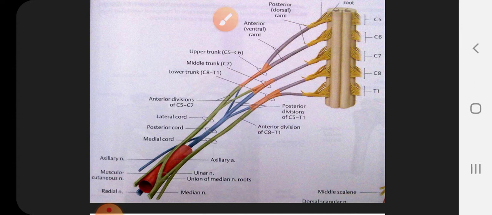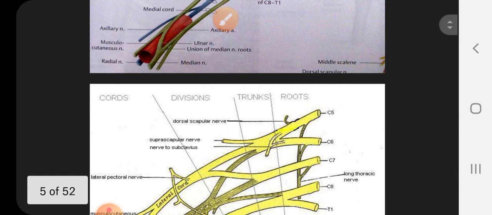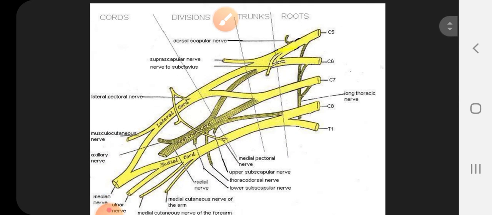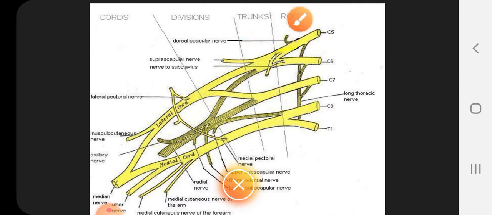Next we will see sympathetic innervation. They are derived from spinal segments T2 to T6. Most of the vasoconstrictor fibers supplying arteries emerge from the T2 segment of the spinal cord. To be clearer, you can see this diagram. The brachial plexus consists of roots, trunks, divisions, and cords. The roots are C5, C6, C7, C8 and T1. These are the roots of the brachial plexus.